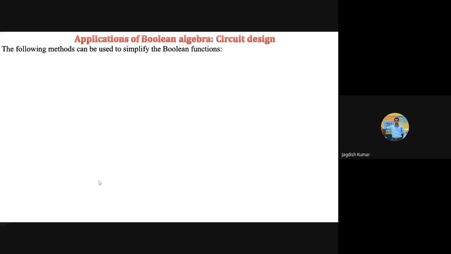Okay, so basically there are a few methods which can be applied to simplify Boolean functions. Now again, why simplify Boolean functions? So as to get a circuit with the lowest number of components. So one method is the algebraic method. We try to solve some Boolean expression by using Boolean algebraic theorems and then try to arrive at the result. But this requires human expertise. Somebody may be efficient in this, somebody may not. Somebody may do it very well, somebody may not.